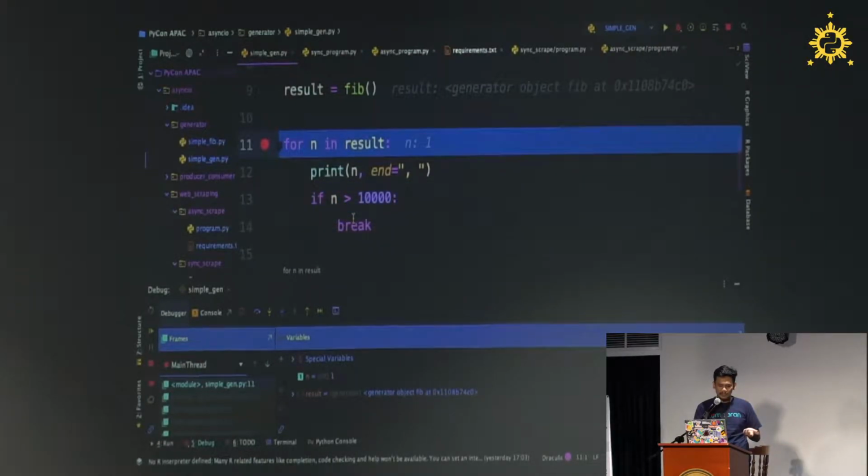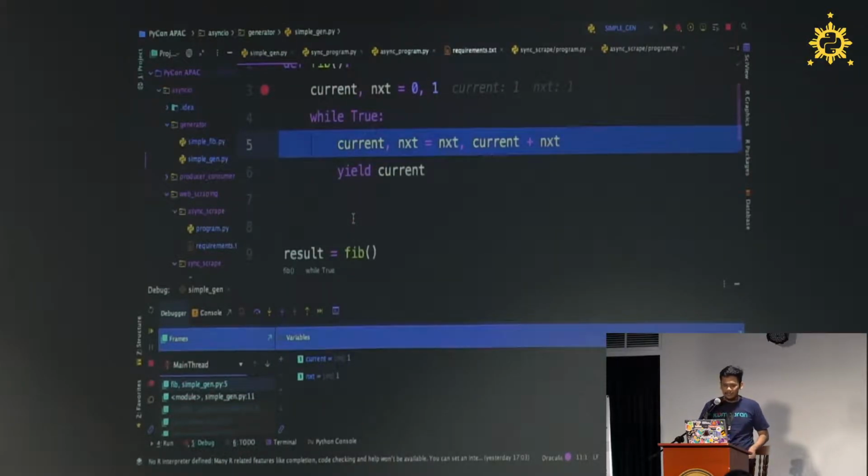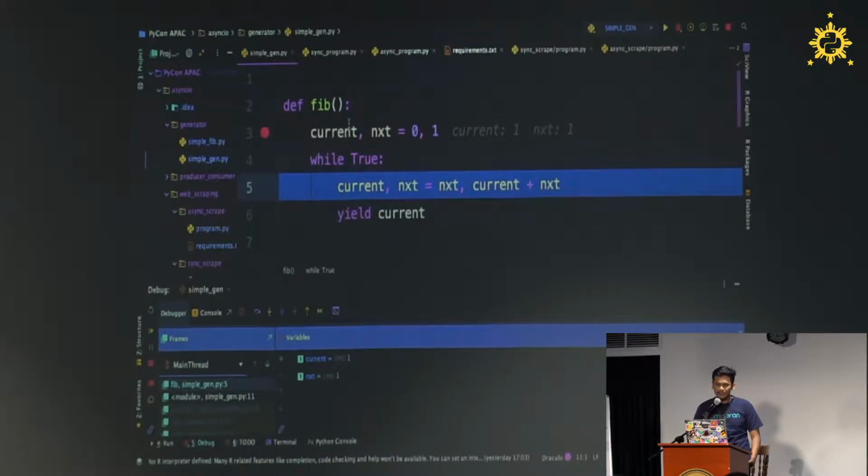We go back to line 11, but for the next execution, we do not go back to the entire function. We just stop and resume, continuing the function from the yield part. So it's like back and forth, like async. We can restart the function itself.